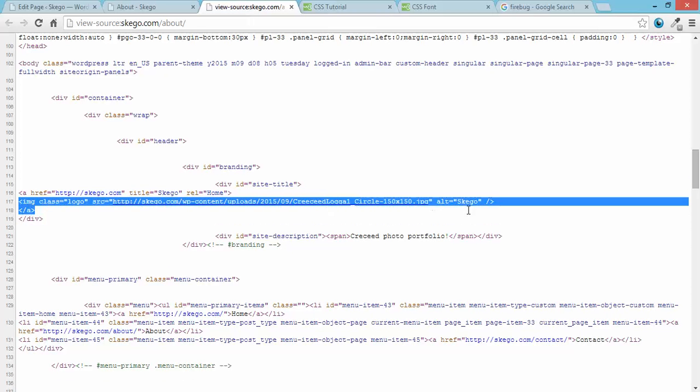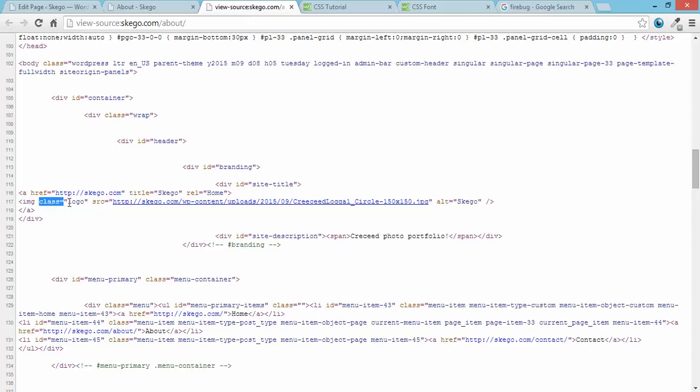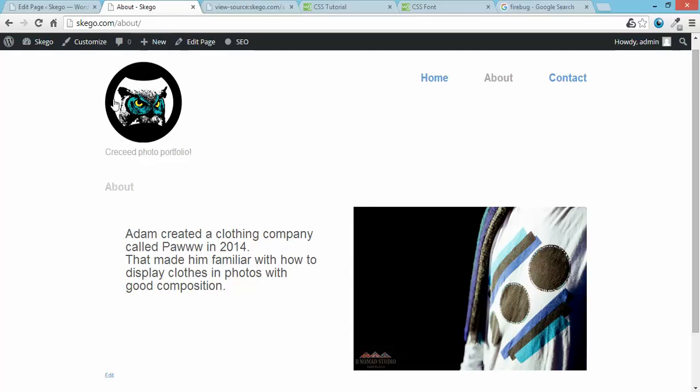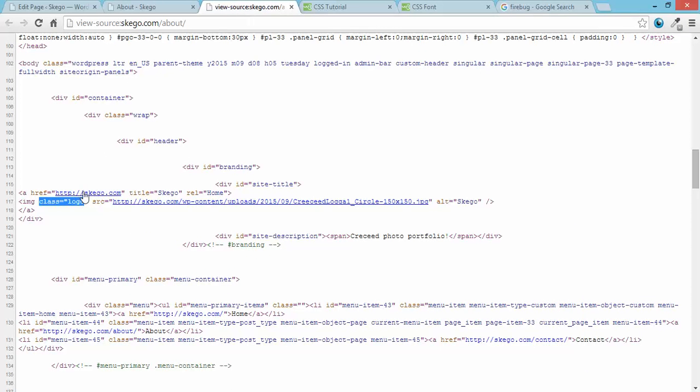So these are HTML tags. But this one is also named a class, and this has to do with how the CSS finds the HTML tag. So if we go here, this is the HTML tag we're talking about, and it had a class called logo. And now